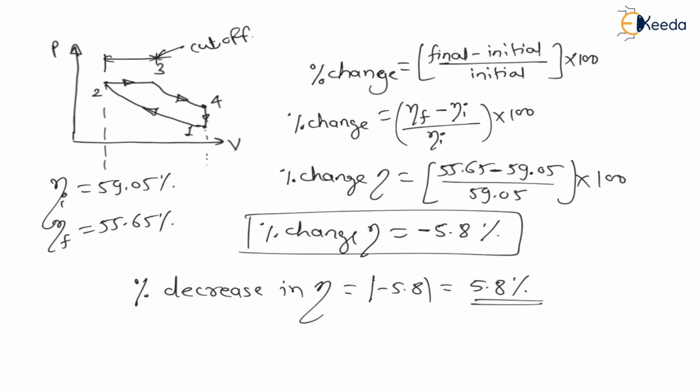from the final result, because it is an ESE question. For an ESE question, a negative answer will reduce some marks and the positive answer will give you full marks. For the GATE examination, as they have asked you percentage decrease, your answer must be positive. If you write a negative answer, you will get 0 marks. If it is a fill in the blank question, and if it is a multiple choice question, you will get negative marks for a negative answer, right? But for percentage decrease, with a positive answer, you will get full marks, right?